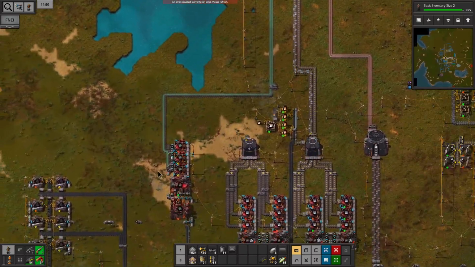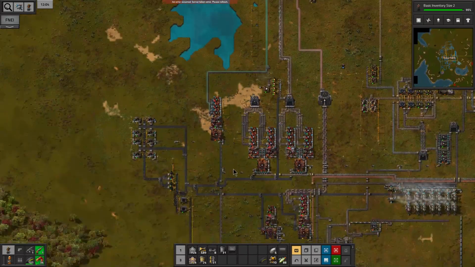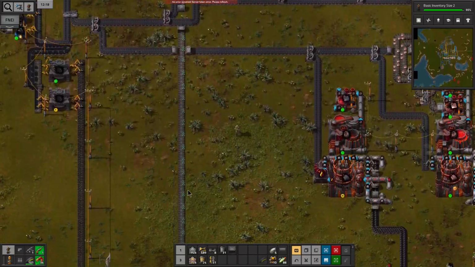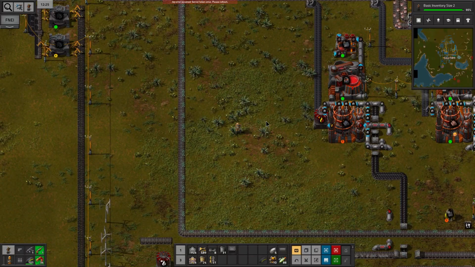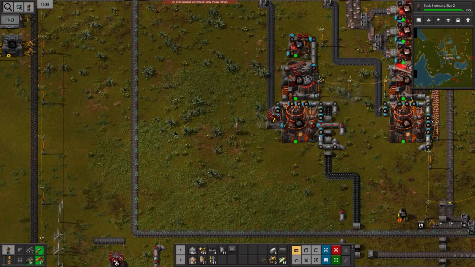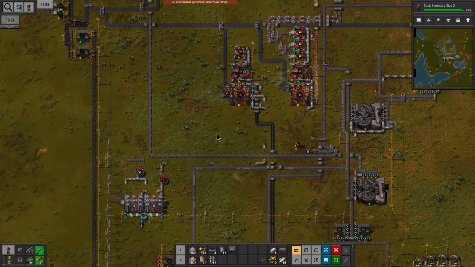I'll probably go ahead and set them up over here since we've got tin here. Actually, we've got tin coming right through here. I think I might just set it up here. I should have enough room to put 2 blast furnaces here. So I'll let you go. I'll get that set up,